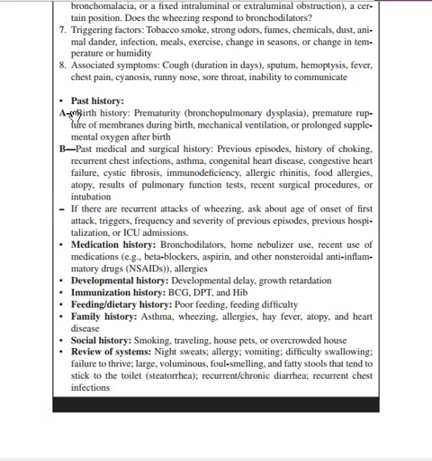So now the next thing, we have the past issue. In your past issue, we have the birth issue for a patient that has prematurity. A patient that has been premature and then persistently has wheezes, you can think of bronchopulmonary dysplasia. That's why the birth issue is very important with a wheezing patient. The next one is premature rupture of the membrane during birth. Now, how does premature rupture of the membrane during birth help? It can also imply prematurity.